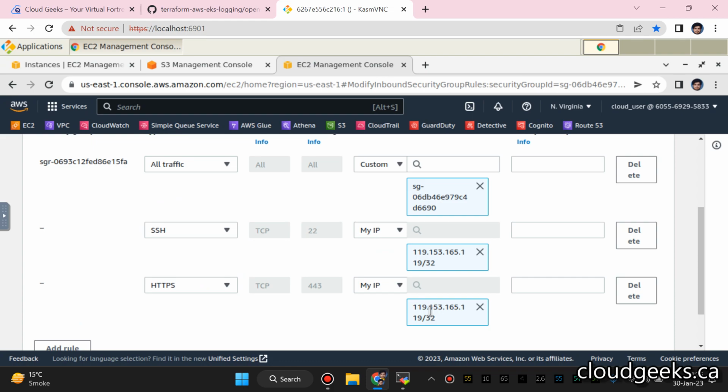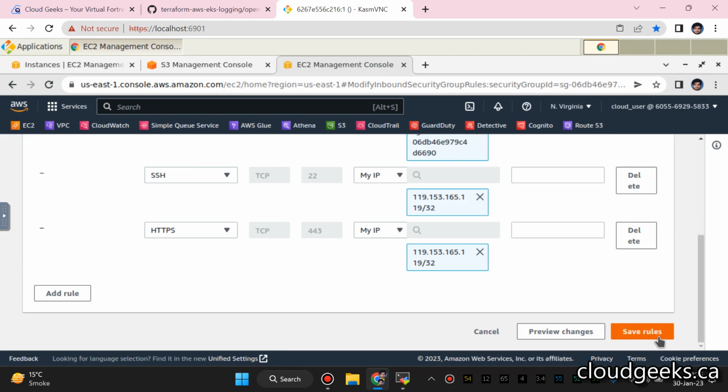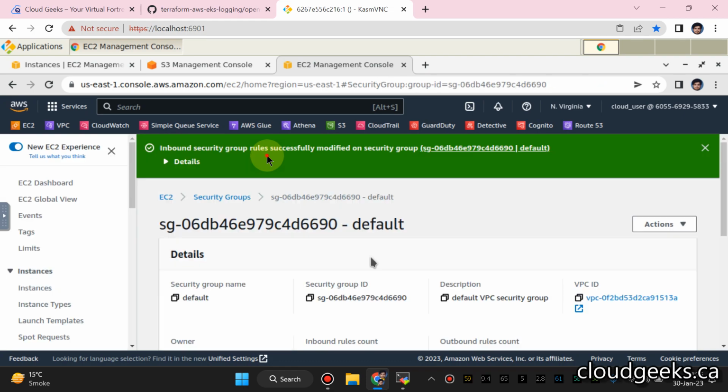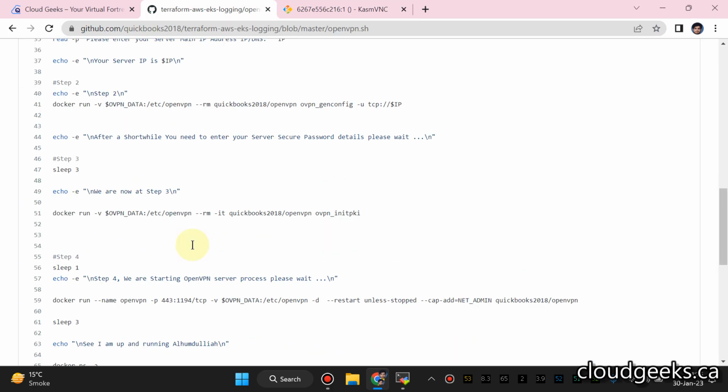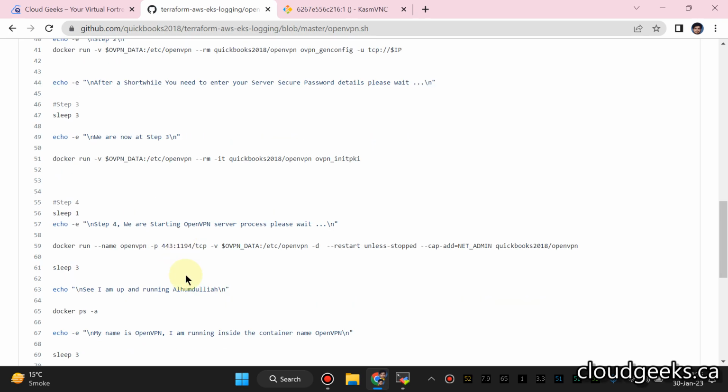If you navigate to this section, I've mounted this 443 port with 1194, which is the default. So that's why I've done this. So anyway,